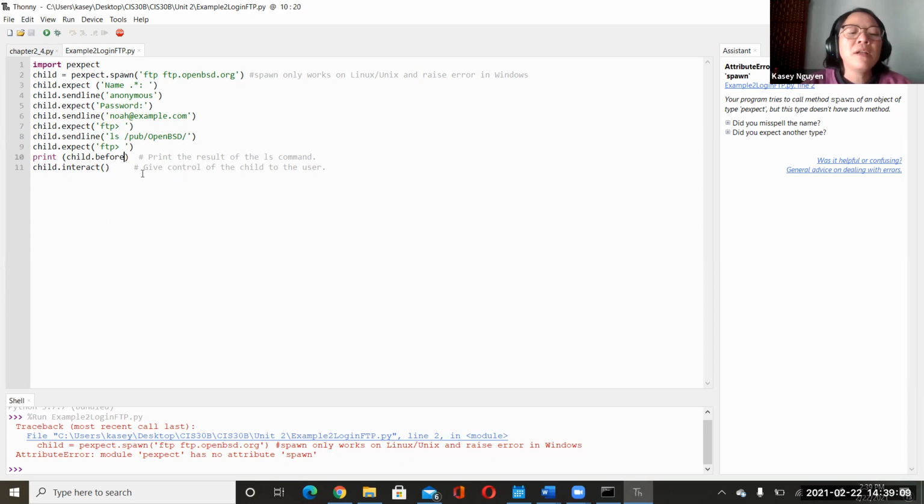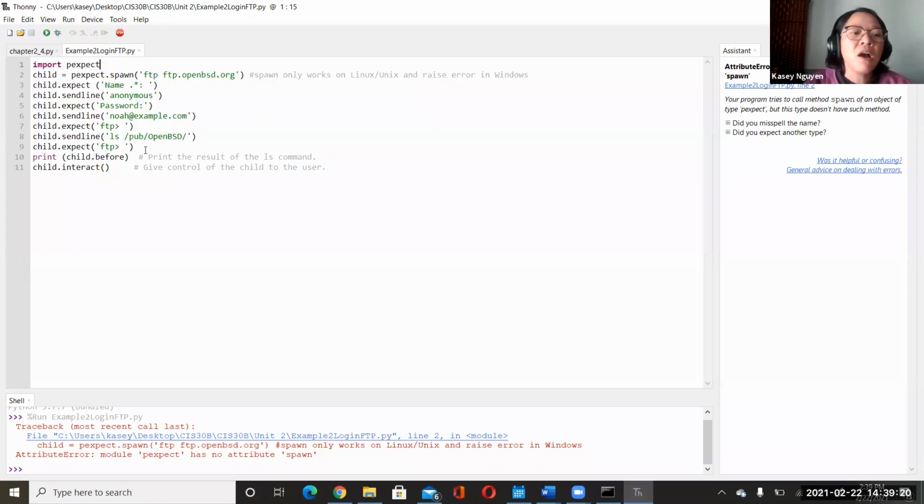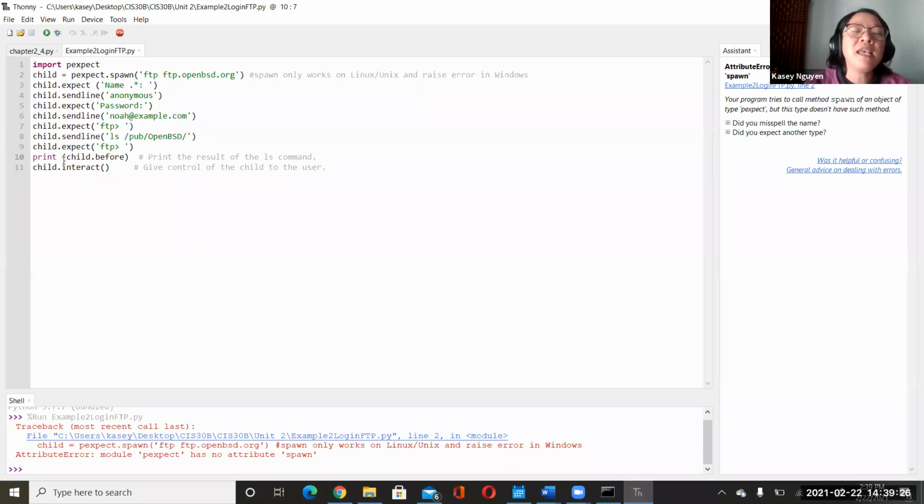And then later in the notes, it talks about before, right? So in Python 2.7, you would import pexpect the same way, and all of this would be the same, okay? Except for this part: Python 3 requires you to use the print function with parentheses. They updated the library for that. So with Python 2.7, you simply do print child.before, whereas in Python 3, you would do print parentheses child.before. And again, this is the object that we declared up here.